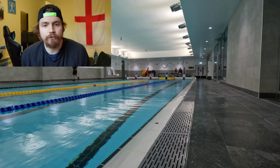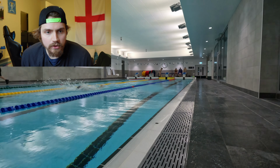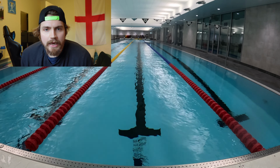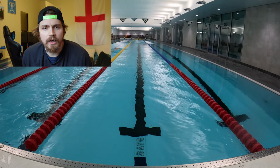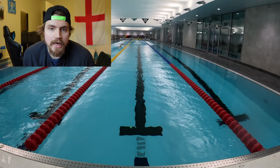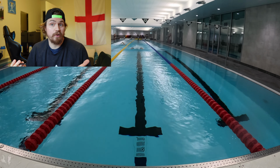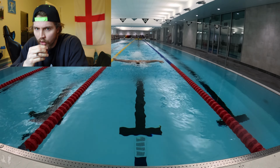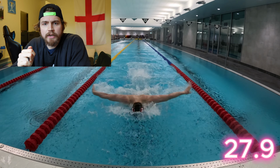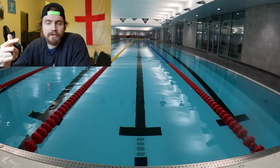Then we go into the 3 from a turn. This is the first one then, again on my own, breakout not too bad, coming through there. Now these were hard, not only because they're after the 5 reps we've done already, the 2 front ends and the 3 maxes, but it's also hard because I find it very easy to get a little bit carried away, and this is where the